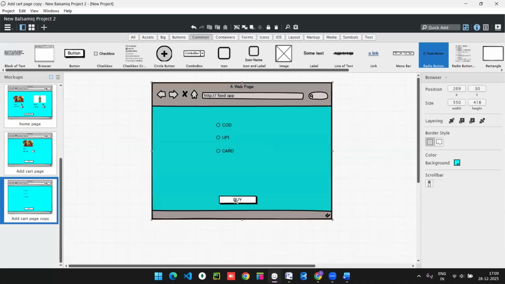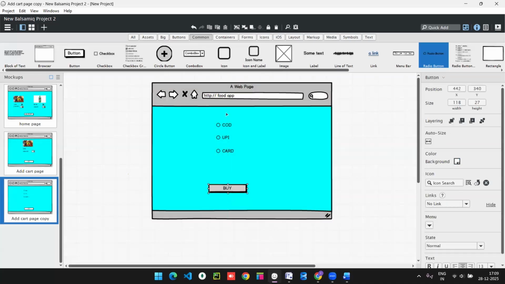So by choosing any one of these options, I will go for my payment process. Here, instead of the buy option, just write make payment. After choosing any one of these options, click on make payment, then your payment will be completed and you